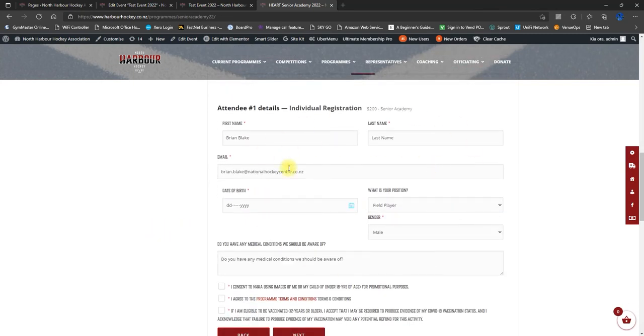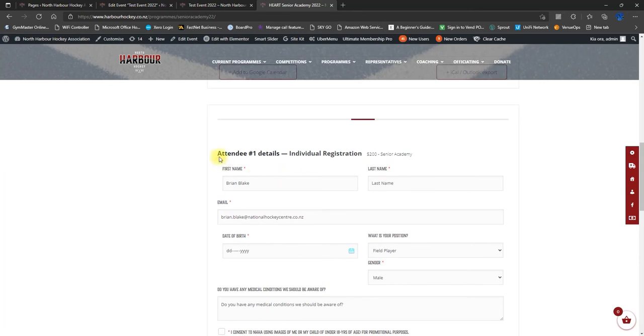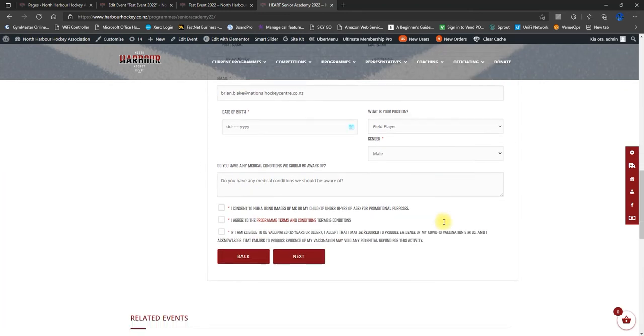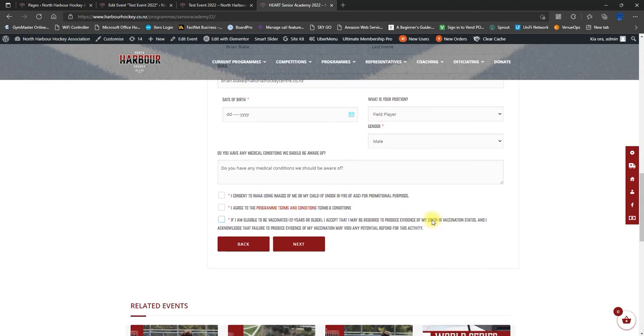So for many different programs, we use different configurations of the information we're collecting, whether it's a gender field or have you played in a grade, what was the school that you go to, what age group are you in at school. For Hockey Without Limits, we have caregiver details. So we actually use a different registration form for just about every single program. Often you'll find that form's already been made because we've already done most of our programs, but you can clone them and replace them quickly. And there is a separate video on this.